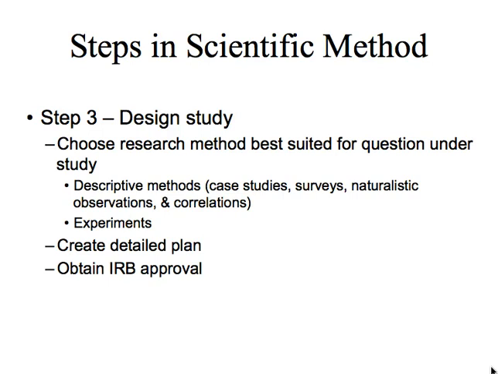Once researchers have chosen a research method, they must make a detailed plan for carrying out their study. They must also determine who their participants will be, how many participants they will need, and where they will get their participants. Once a detailed plan is written, the researcher must get their plan approved by the college or university's